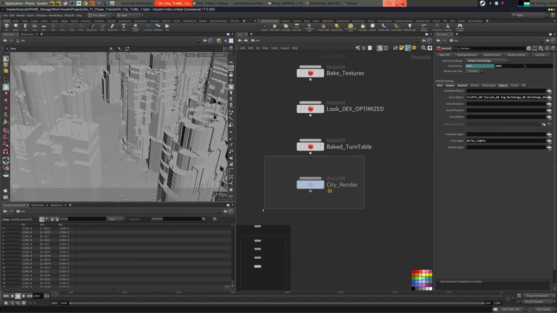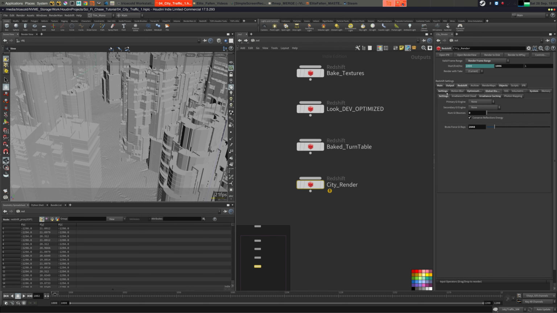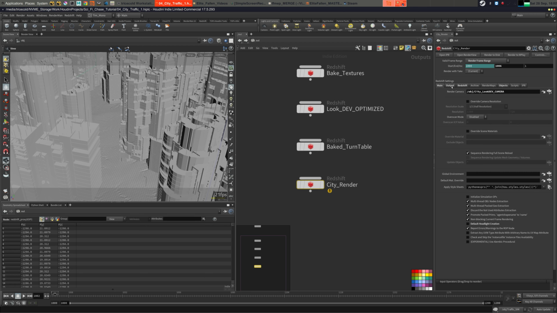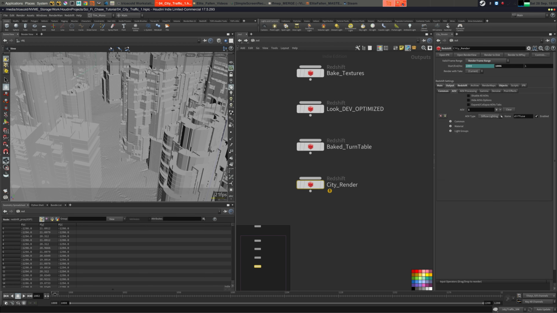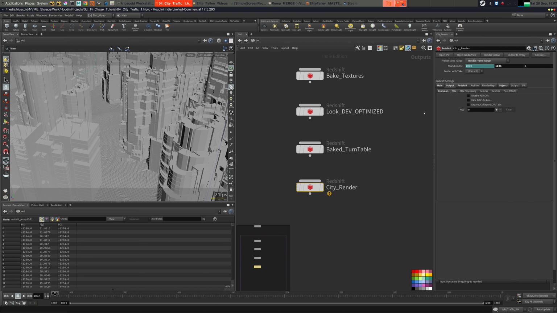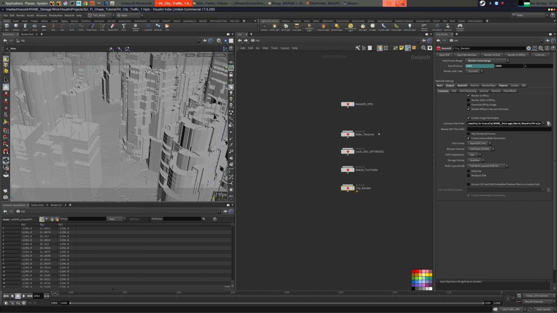What we can definitely do is to bring out some more interesting AOVs, like, I don't know, reflection and refraction, and then do a little bit of comp to create something a bit more